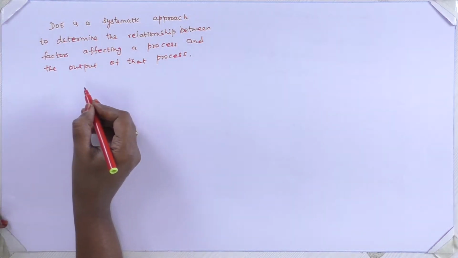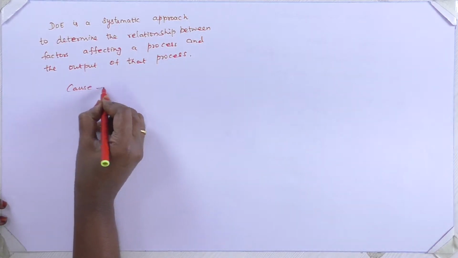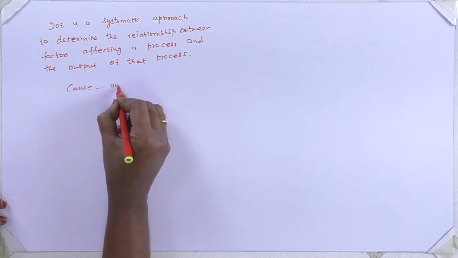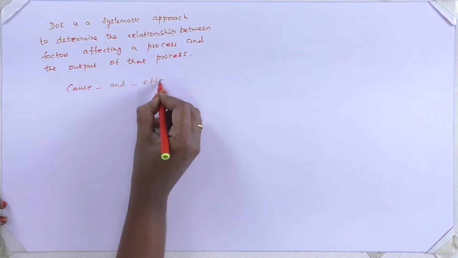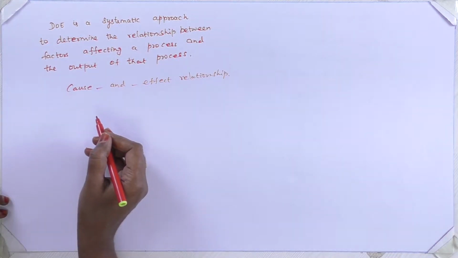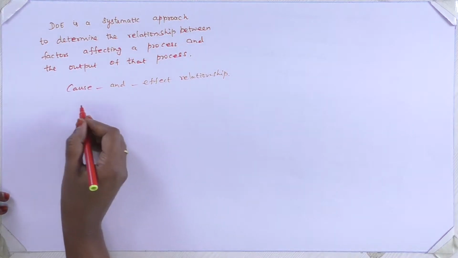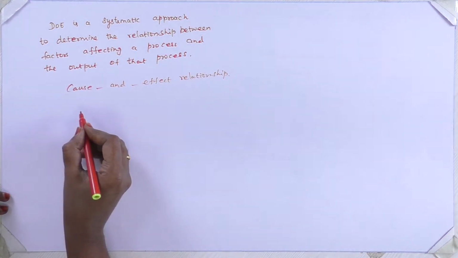In other words, it is used to find the cause and effect relationship. This information is enough to manage the process inputs in order to get the